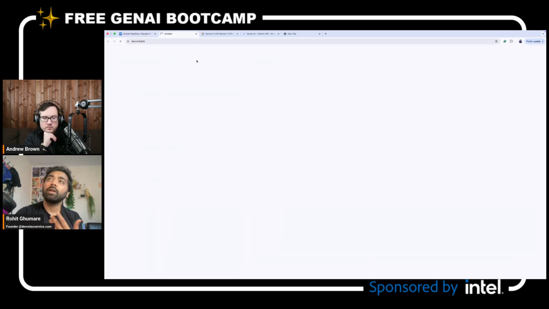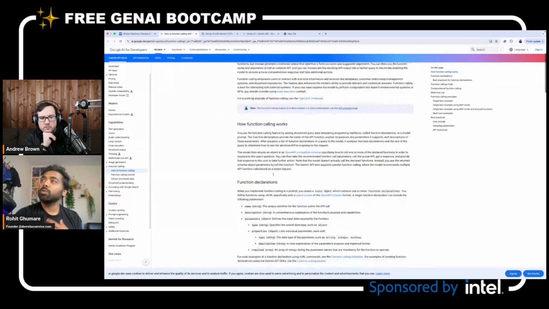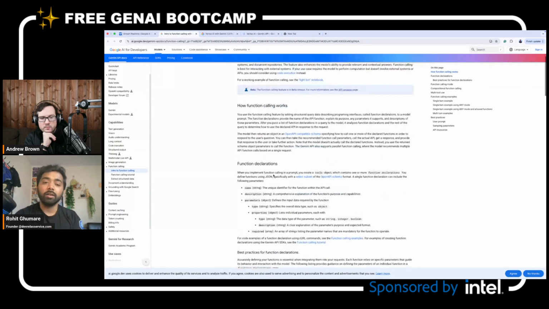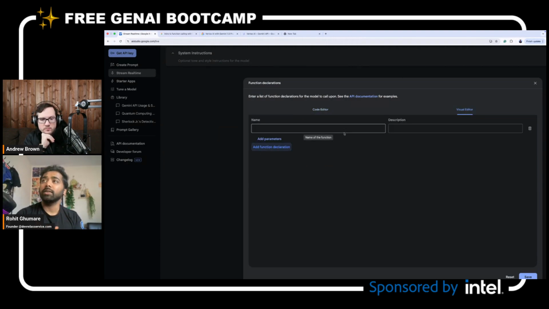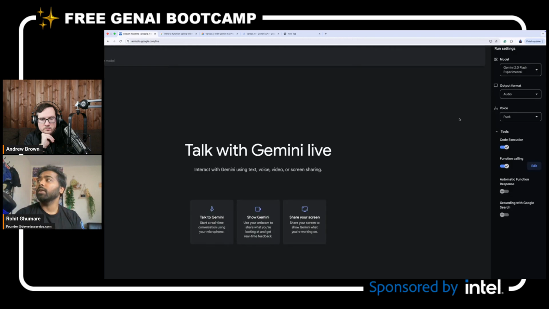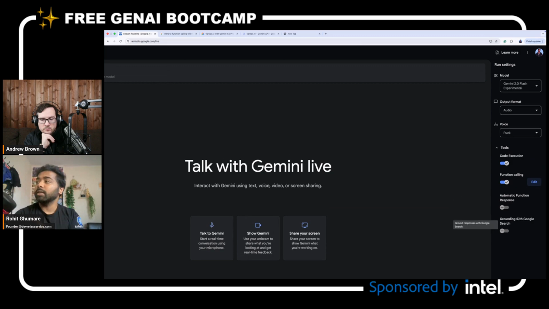They also provide the API documentation for it, so go through this documentation if you want to do function calling. This is really amazing, right? You can use the visual editor, add the function declaration, and similarly set the parameters to do whatever you want to ask of your model. Similarly, there is automatic function response, then grounding with Google search, which is a cooler thing, right?